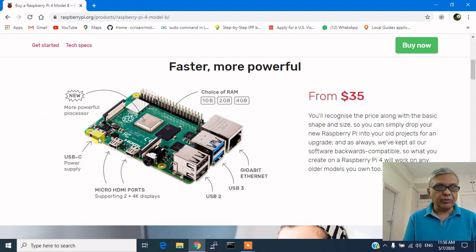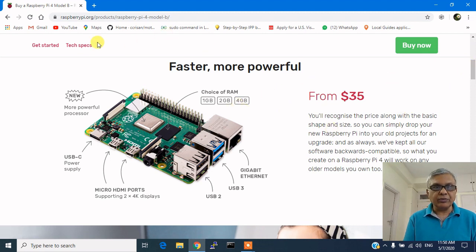processor, then USB-C power supply connector, and two connectors for HDMI. They are capable of 4K display. Then USB 2 type, two ports are there, then USB 3, two ports are there, and Gigabit Ethernet connector, and then we certainly have the 40 pins for GPIO, and can go into the details again.